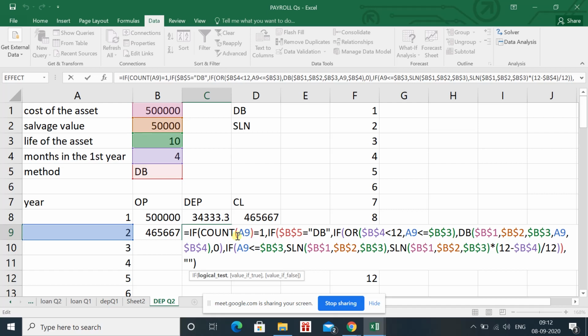In this case also we will apply the same. The starting of the depreciation formula will also be similar: we will say that if count A9 is equal to 1, means if we have a number in A9, then check this condition. What is the condition? If B5 is DB, means the method of depreciation is DB. Here you can see I have fixed the B5 because I want to drag this formula. So I have not fixed the A9